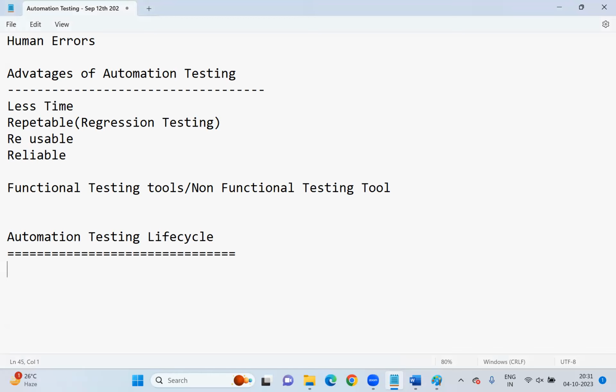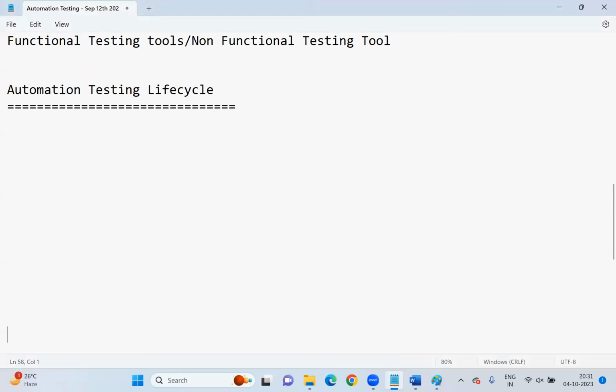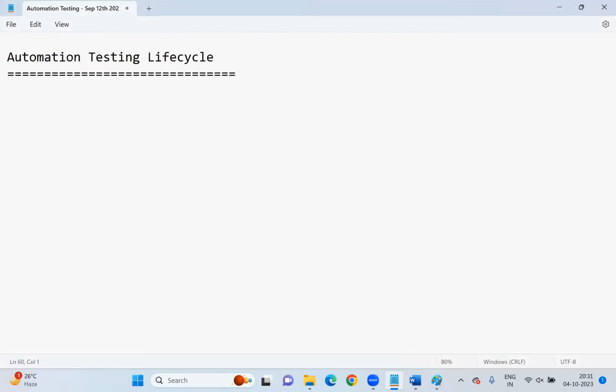Everyone, not only Selenium. In your career, if you use any automation tool, Oscar, UFT, any automation tool, you have to follow the same steps, such as